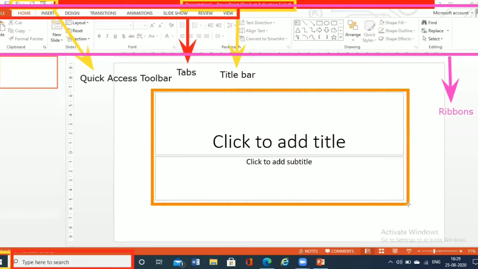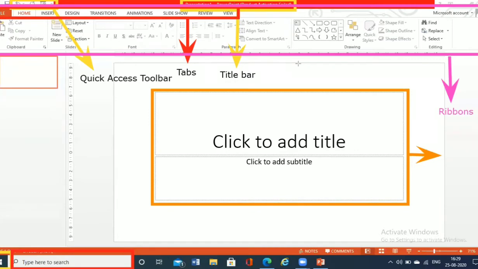These rectangular dotted line boxes are said to be the placeholders. As its name suggests, it holds the place. It is the place which holds the thing. So that is why it is said to be the placeholder.